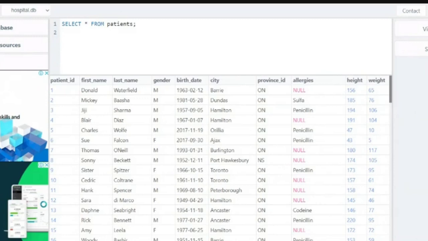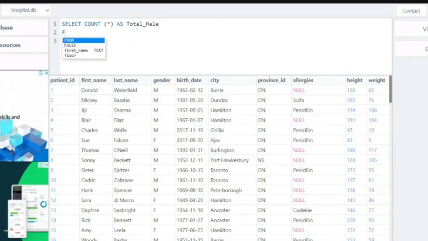So let's pull it out using this query. Select count, open parentheses, everything, close parentheses, from. Now, what's going to happen is we are creating a new column, so we are going to use as and name it, let's say, total males.